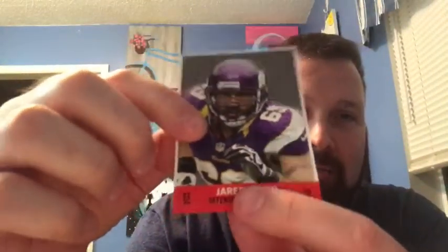This is the pop-up cards. This is a Jared Allen. If you remember, they kind of pop out and stand up. They were little stand-up pop-up cards. So that's another insert. So in this very box of Topps Archives, I pulled a redemption for the refrigerator Perry,